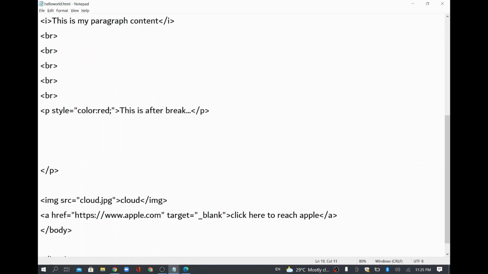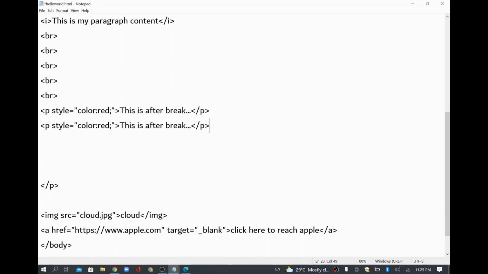Similarly, if you want to change the font size, what you can do is give another paragraph, maybe with style. I'll give it font size, and I want to give some size.